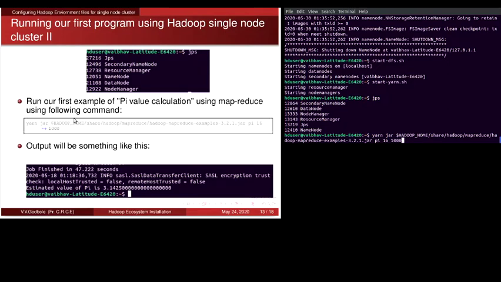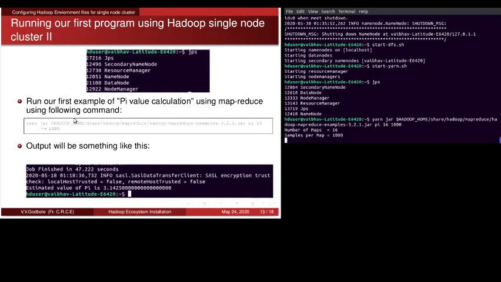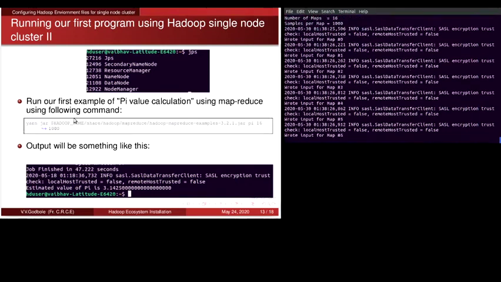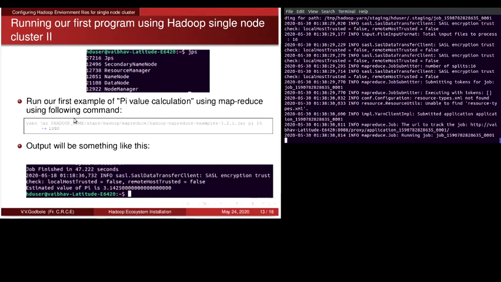Here 16 stands for the number of maps and 1000 stands for the number of blocks. So you can see the number of maps is 16 and the block size is 1000, and the program is compiling it on Hadoop, and at the end you can see the output.